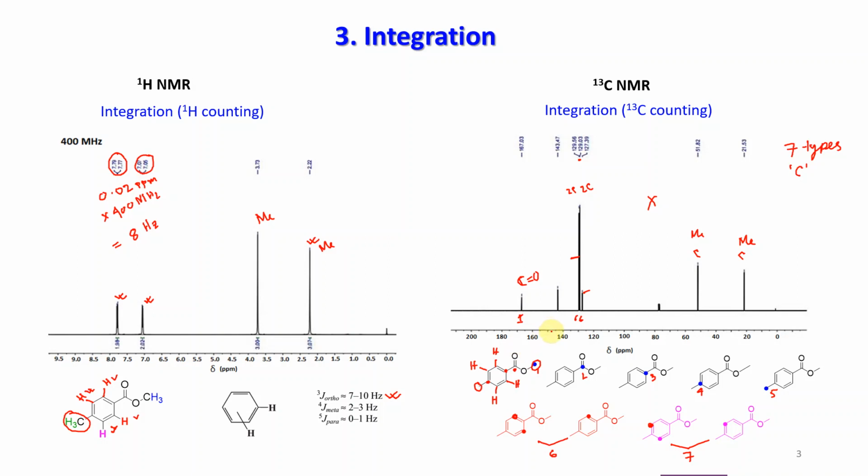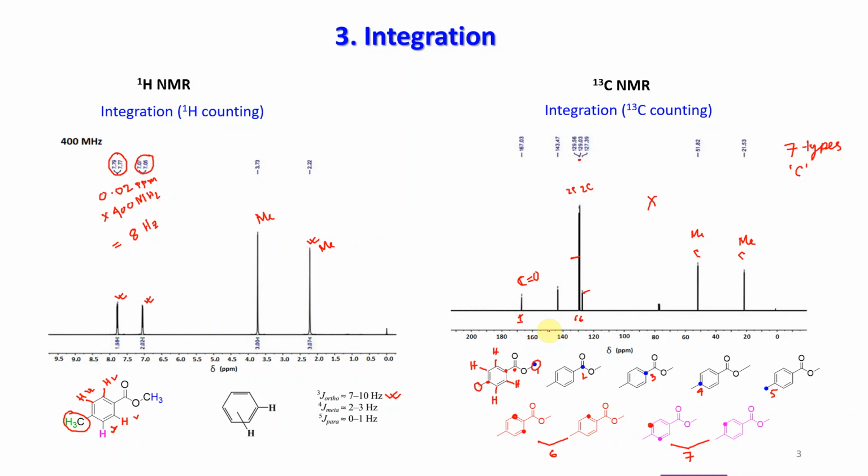It is not just for the one molecule I have shown here, almost all molecules will follow the same trend. If you have more hydrogens attached to a particular carbon, that carbon peak in proton decoupled 13C will have a bigger height in comparison to a carbon with fewer hydrogens attached.